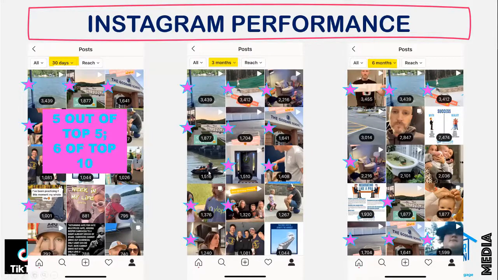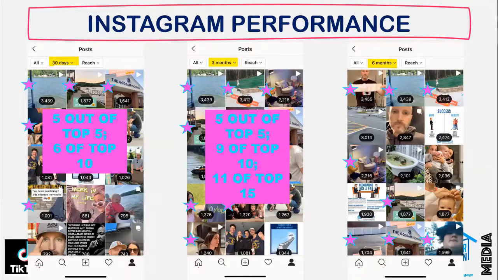It's important to know. It's actually doing me a service on the other platforms. And so I don't care if it's dominated by teens and TikTok. And then out of the last 3 months, check this, this is crazy. 5 out of my top 5, 9 out of my top 10, and 11 out of my top 15 posts on Instagram are all TikToks. What does that tell me? My audience on the other platforms wants to consume TikTok content.